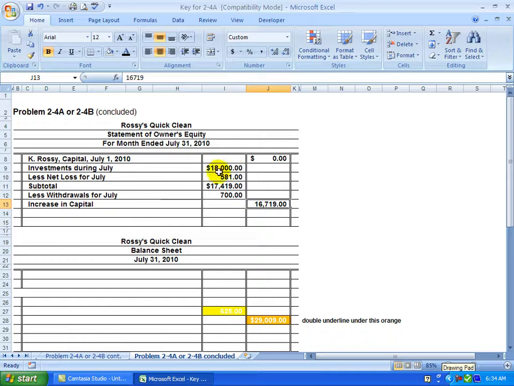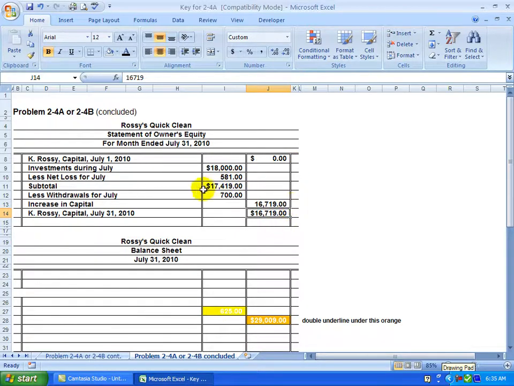So even though we invested $18,000, we had a net loss of $581, and then we also had a drawing of $700. If we take this increase in capital and add it to the beginning, then we are going to have the ending capital, and the ending capital will be where you take this amount here, the beginning, and add it to the increase